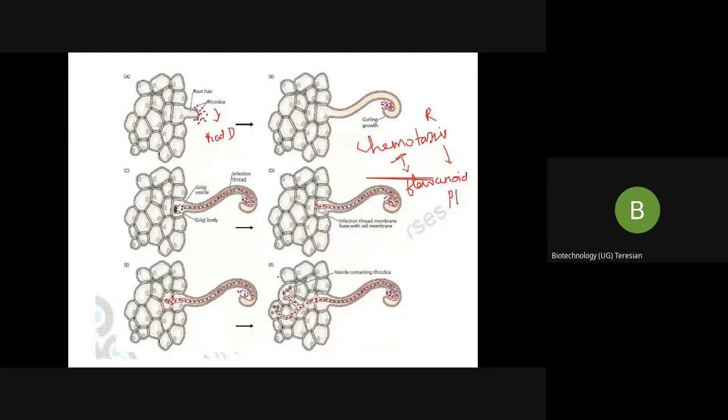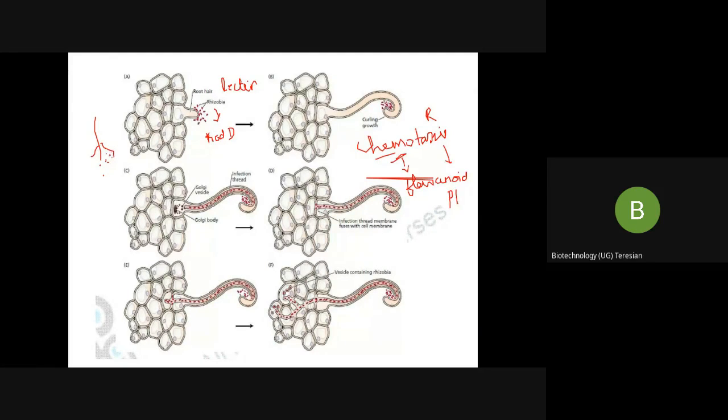The response of the legume is specific to the NOD factor, and it is mediated by the lectin receptor. There is a receptor called the lectin receptor. Where is this lectin receptor present? It is present in the root hair. So if this is my root hair, you have the lectin receptors. Now what did the root do? It produced all the chemotactic factors like flavonoids. Those organisms in the soil got attracted and secreted the NOD D factor, which activated other genes.